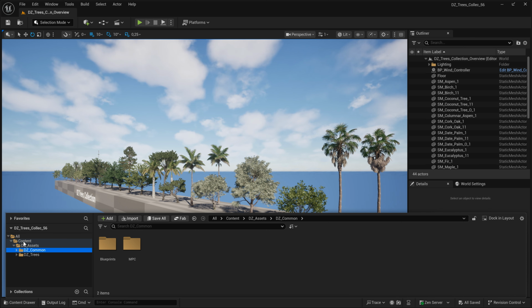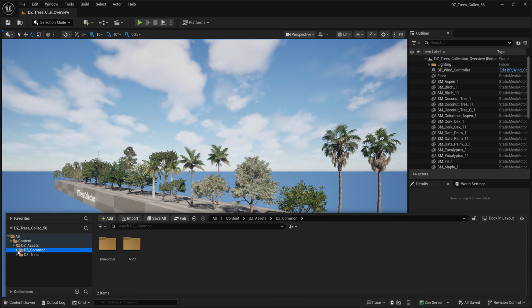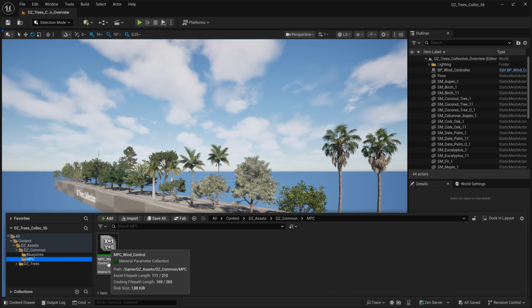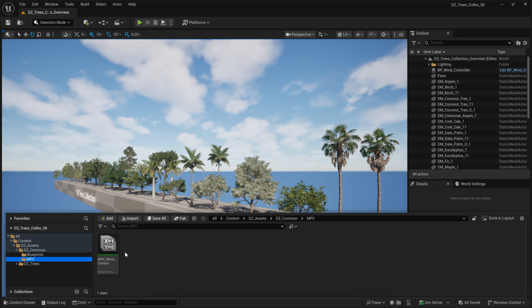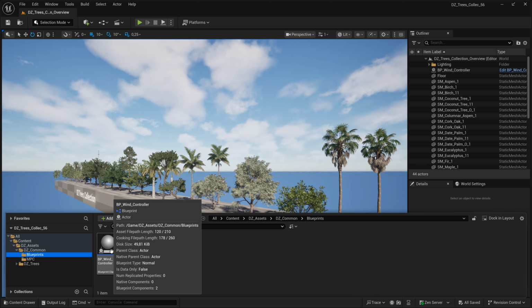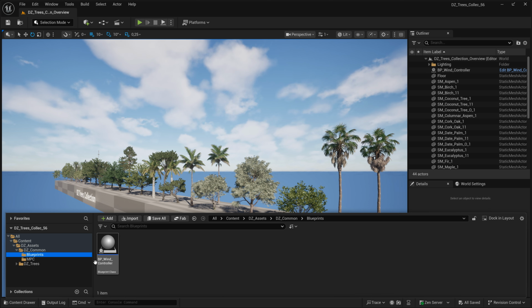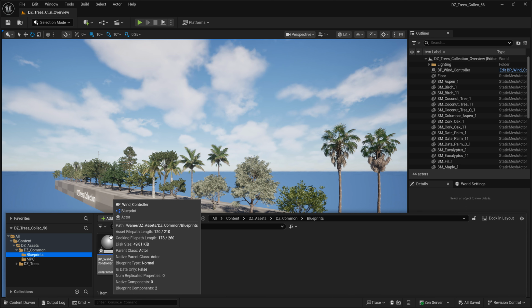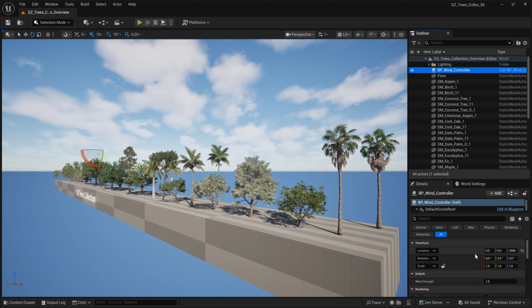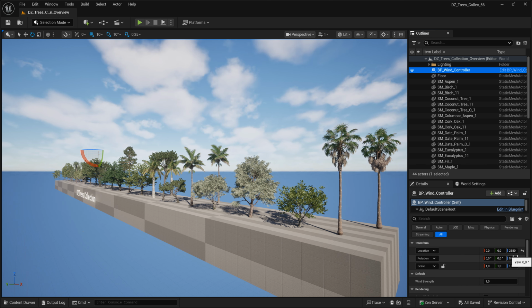So from version 5.6 you will have this DZ common folder also under the DZ assets, and there you will have this old MPC wind control file, but now this blueprint that we have added is using the MPC. So you just place this blueprint in your level like we have here, and then you will have wind strength, and you can rotate the wind